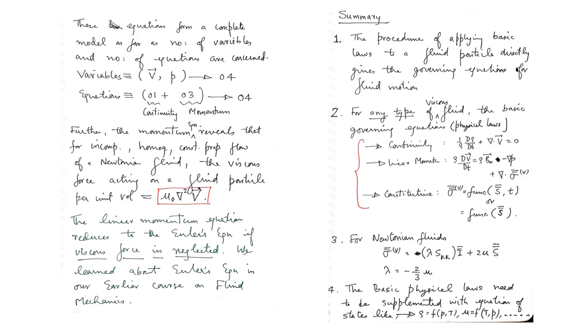So for non-Newtonian fluids, this is how we'll be, rather for Newtonian fluids, non-Newtonian तो second part में general discussion हो गया. For Newtonian fluids, the viscous stress tensor is in general this, and whereas lambda is minus 2/3 mu. So I'm talking of any kind of flow, whether compressible or incompressible. तो अगर Newtonian fluids हैं तो ये viscous stress tensor और lambda की value can be used generally speaking.